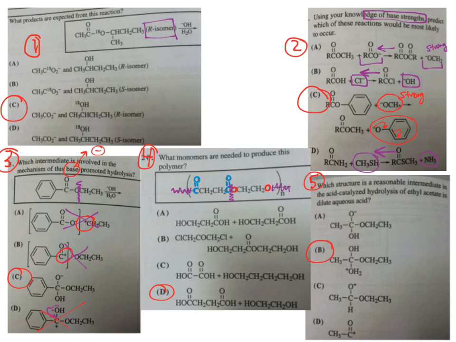5. Which structure is a reasonable intermediate? Back to these intermediate things. Now I'm looking at acid catalyzed. As soon as I see acid, I think positive. Go through and look for positives. There's a negative. That one's out, and now I can only eliminate one answer, so now I'd have to evaluate a